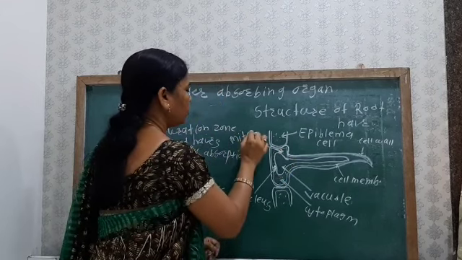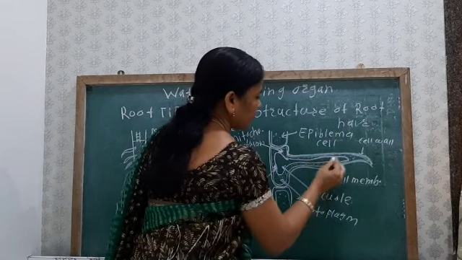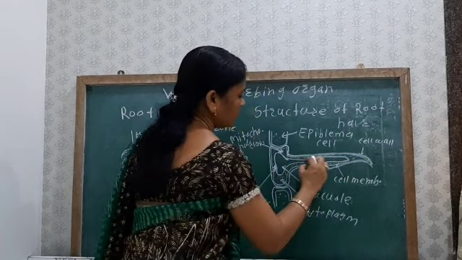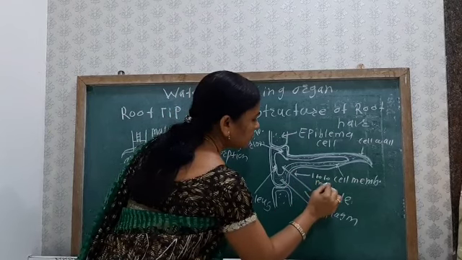Etc. Okay, so here is the cytoplasm, and there is the presence of the large vacuole in the root hair. If we see the length of the root hair, it is 1 to 10 mm. So from here up to here, it is 1 to 10 mm, the length of the root hair.